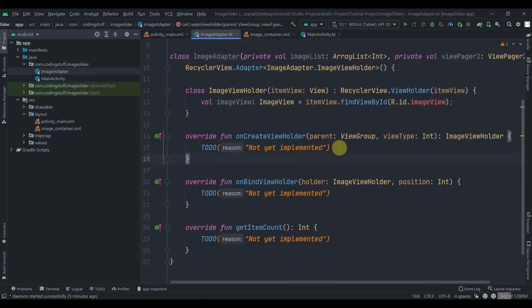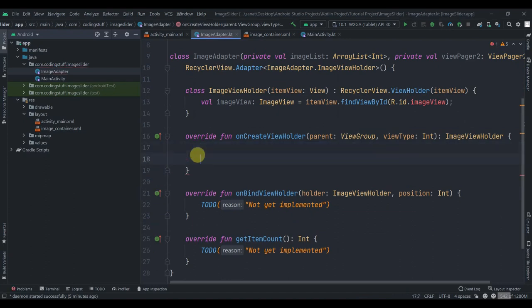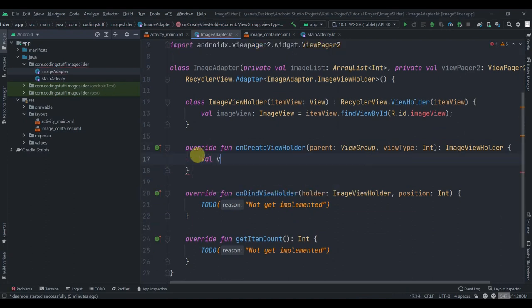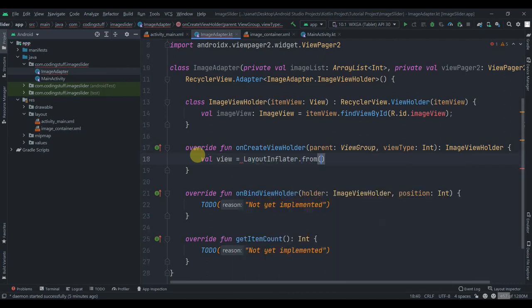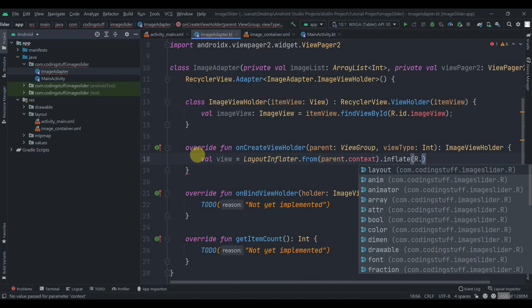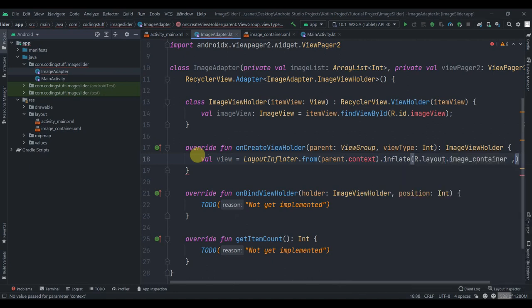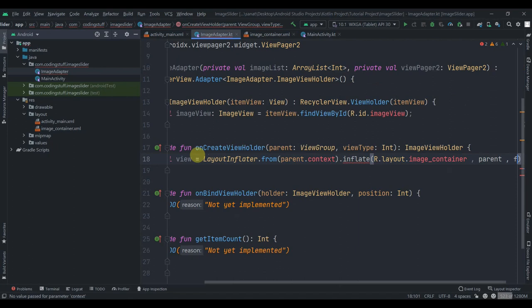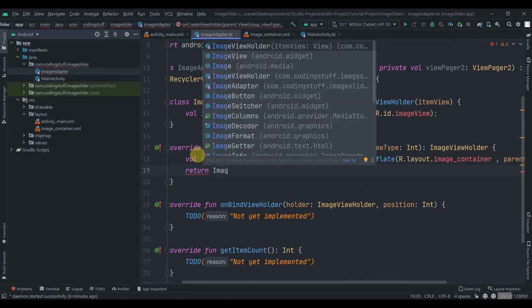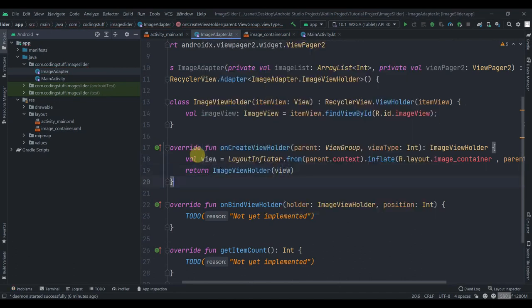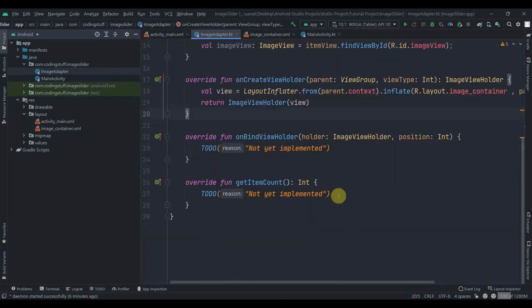So inside the onCreateViewHolder we need to inflate the layout. So we'll create one val view. This will be equal to LayoutInflater.from(parent.context).inflate(R.layout.image_container). Another parameter will be parent, and then the last parameter will be false. Then we'll just return this image view holder and we'll pass in the view. So yeah, now we'll move to the getItemCount method,